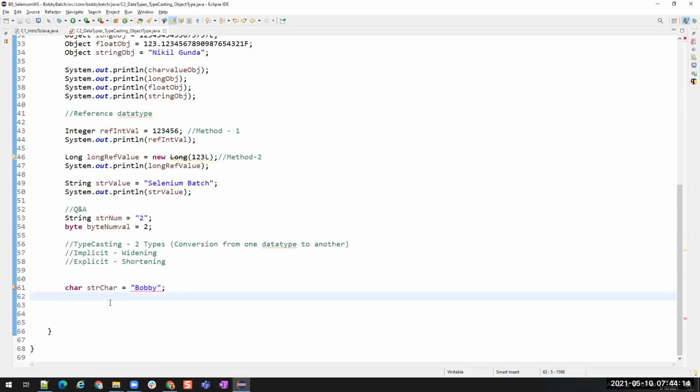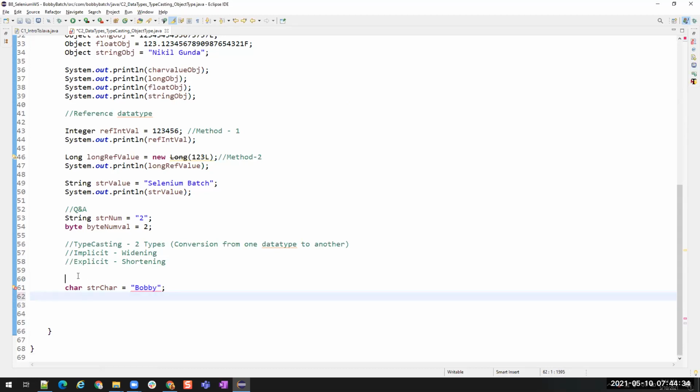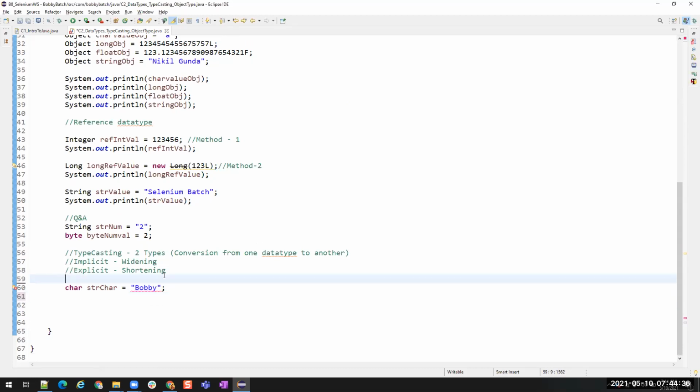Okay, now I'll create another thing. This is char str is equals to, I'm going to store a. Not this example, because there is a clash in memory sizes, so that is why it is not able to store a character as a string.